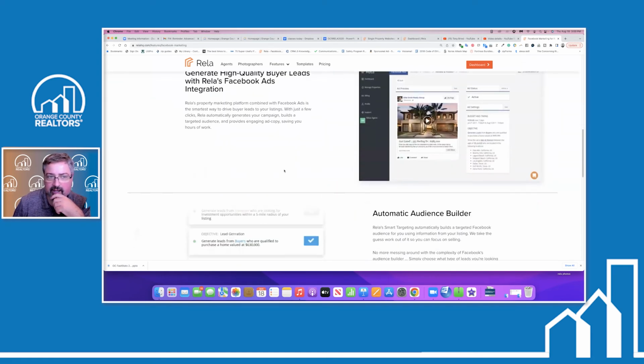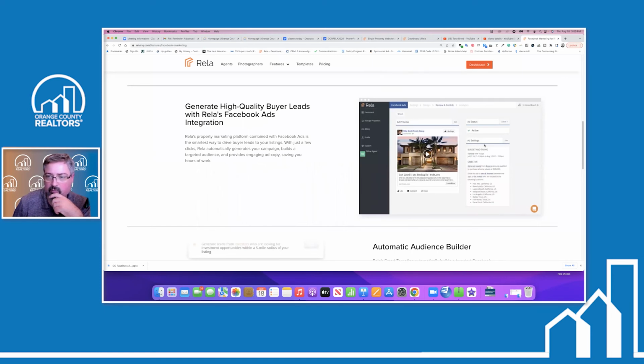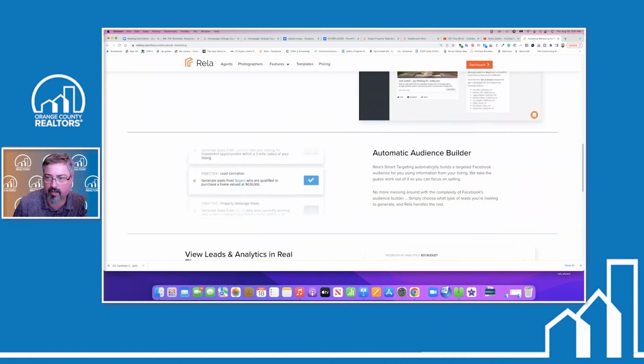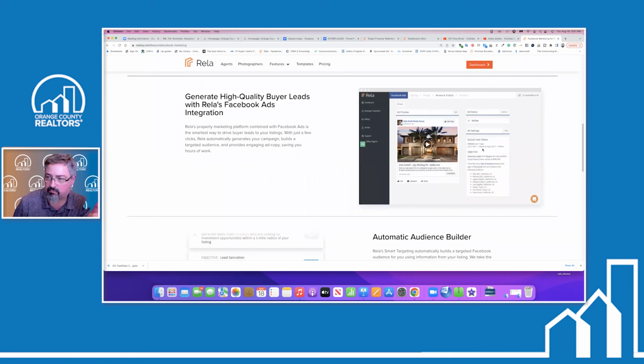What the Facebook targeted ad will allow you to do is open up and you can say, I need the ad to do several things. Okay. You can say how much you want to budget and how long you want to run the ad. Now, ideally, I think it's about $49 to run at least a 1 week long ad. So budget yourself for say $100, okay, to run a 2 week ad. From there, you can say what you want to do with the ad. I want to generate leads. What kind of leads? Buyer leads for this listing. Okay. When you hit next, you have a